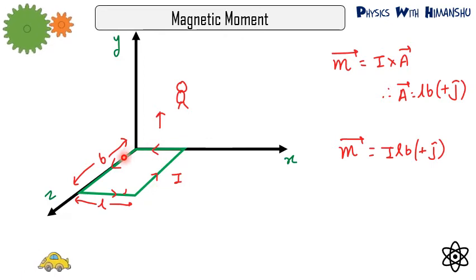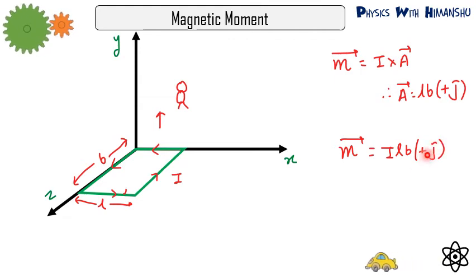Taking one more example. Suppose I reverse the direction of current. So now the current is in the anticlockwise direction, so the area vector will be upwards. So I'll take the direction of the area vector to be j cap. The area will be LB j cap and the magnetic moment will be ILB j cap. Remember, if the answer is in this form, then you don't have to put the SI unit. The SI unit will only be there when the values are being put.